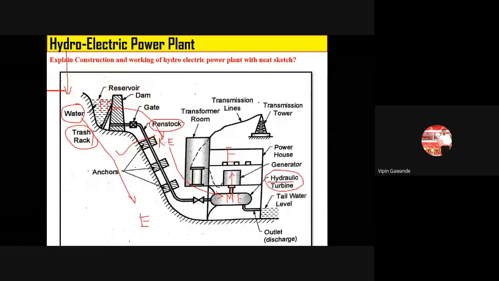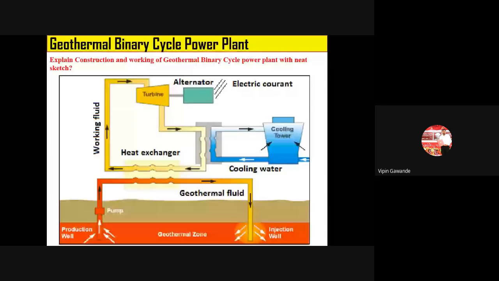Okay, and before that we have seen the geothermal power plant, where we are taking the hot fluid from the geothermal zone. This hot fluid supplies its heat to the water flowing through the heat exchanger, and it converts that feed water into superheated steam. So superheated steam goes to the steam turbine, then it rotates. So steam turbines are used in geothermal, then nuclear, then solar thermal power plant.